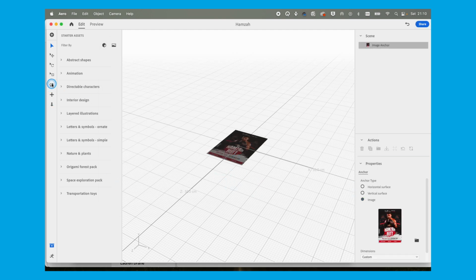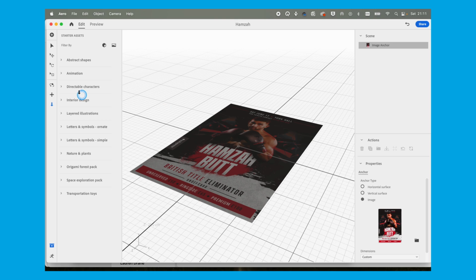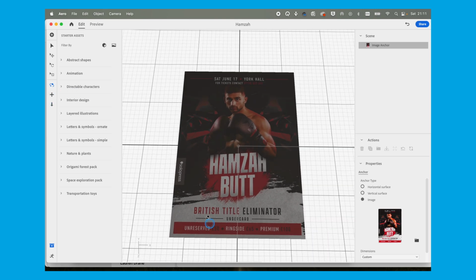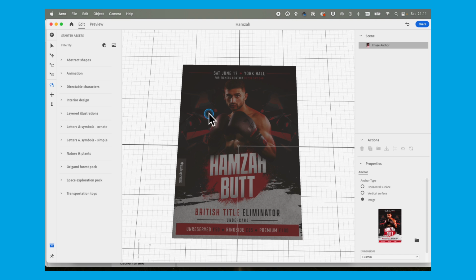I'm just going to zoom in a bit. You've got these three tools here for changing the view of what you're working on. So I can use the dolly here to come in closer, and this one just allows me to change the angle. So obviously that looks duller, but at the moment this is just a guide.